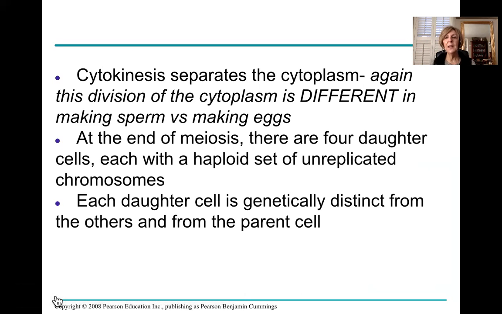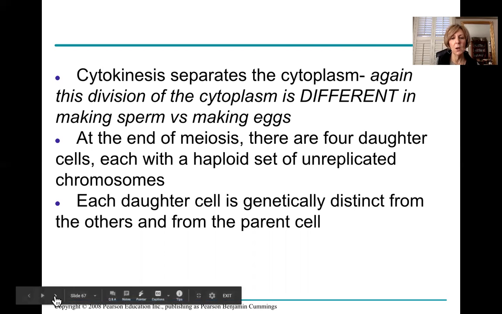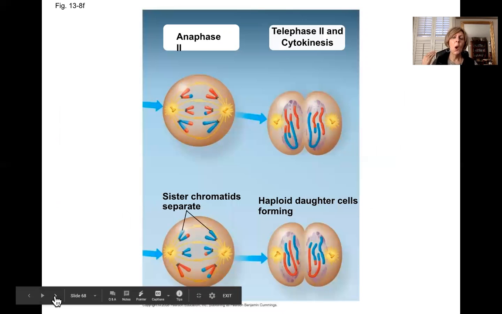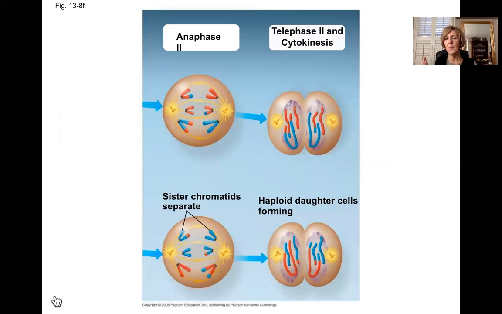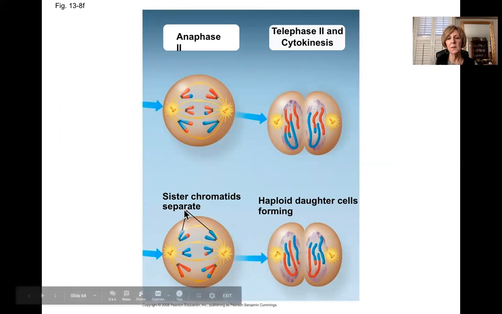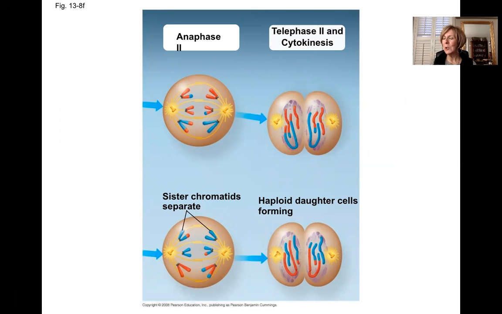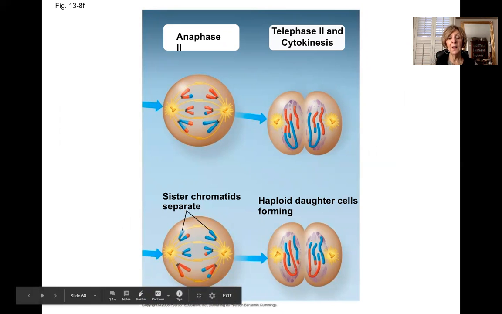And again, we'll see that if this meiosis is happening in a male, the cytoplasm all divides equally, and each of the 4 cells, which will become sperm, all have the same amount of cytoplasm. But in an egg, they're not. And so we'll talk about that. So what we have now at the end of meiosis 2 is 4 cells that have the haploid number of chromosomes, but the genetic material is different than it was to begin with because of crossing over and because of